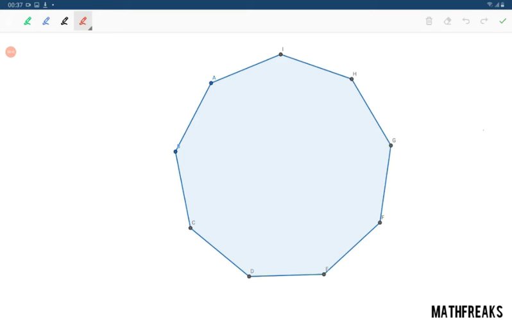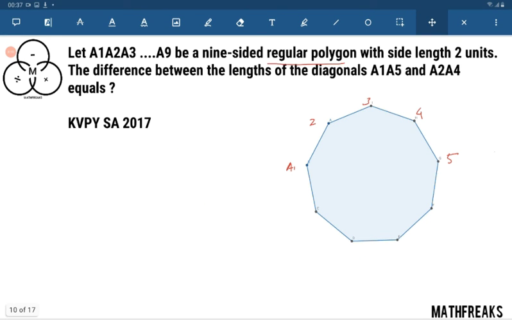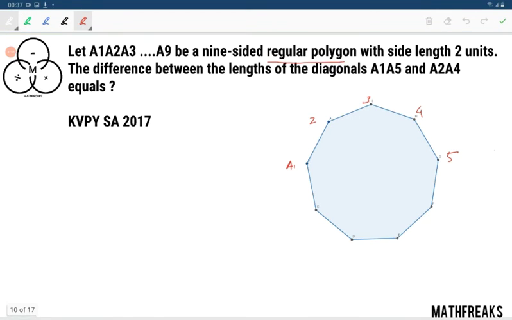This is A1. I am simply writing A1, 2, 3, 4, 5. Up to this much only we need. A1, A2, A3, up to A9 be the sides of a regular polygon with side length 2. The side length is 2. The difference between the length of the diagonal A1A5